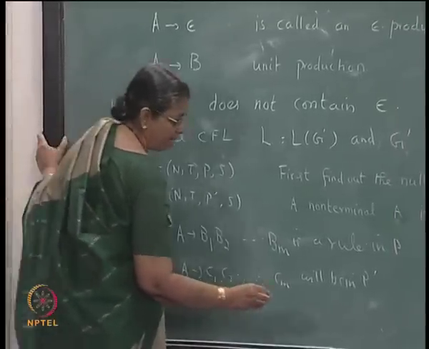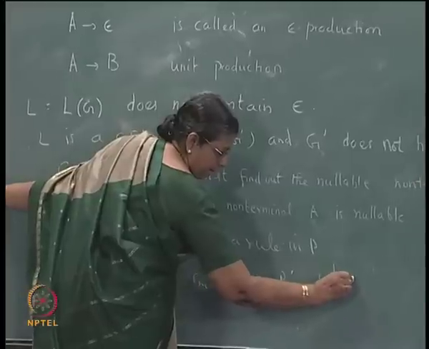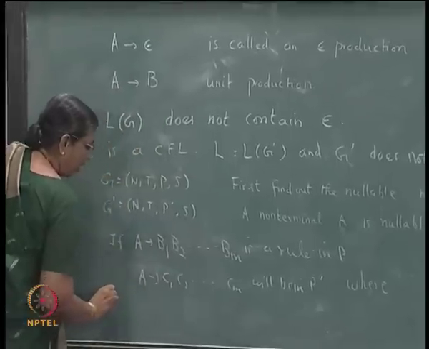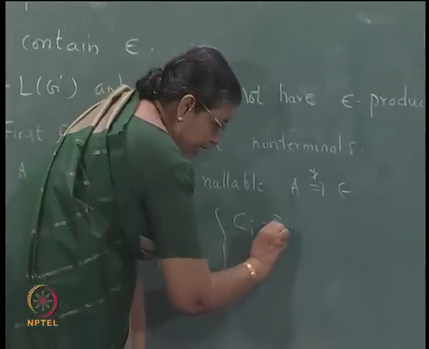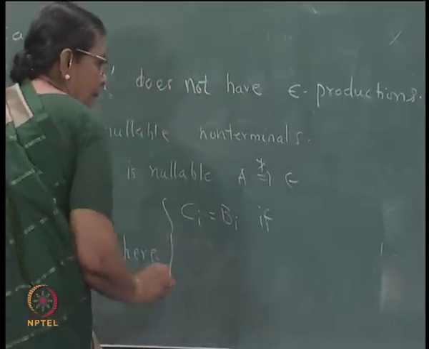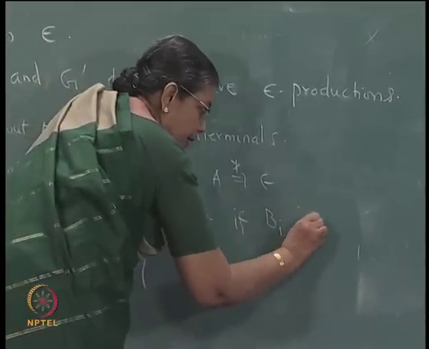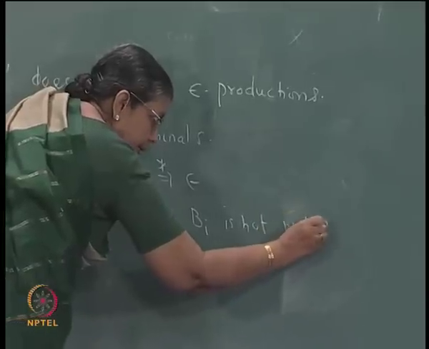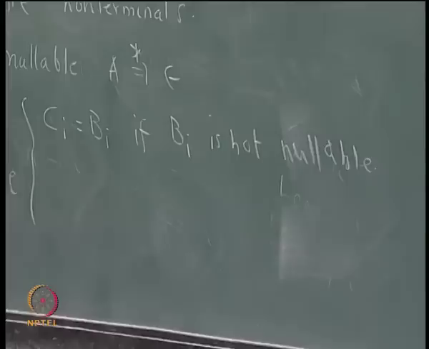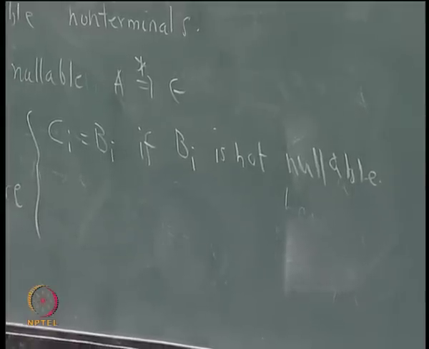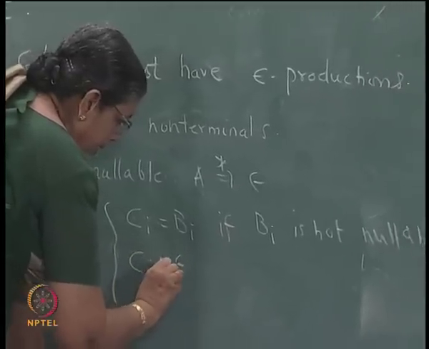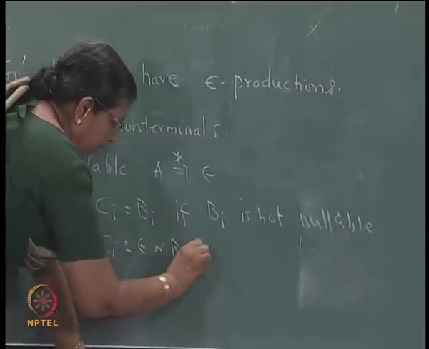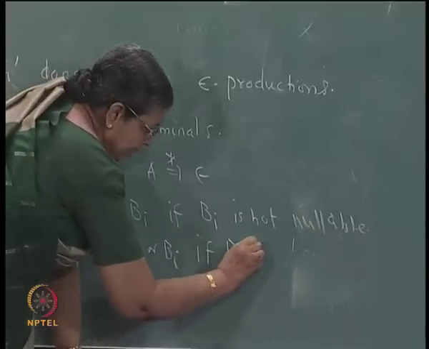Where Ci is equal to Bi if Bi is not nullable, that is, if it is a terminal symbol or a non-terminal which is not nullable, you keep it as it is. But if Bi is nullable,